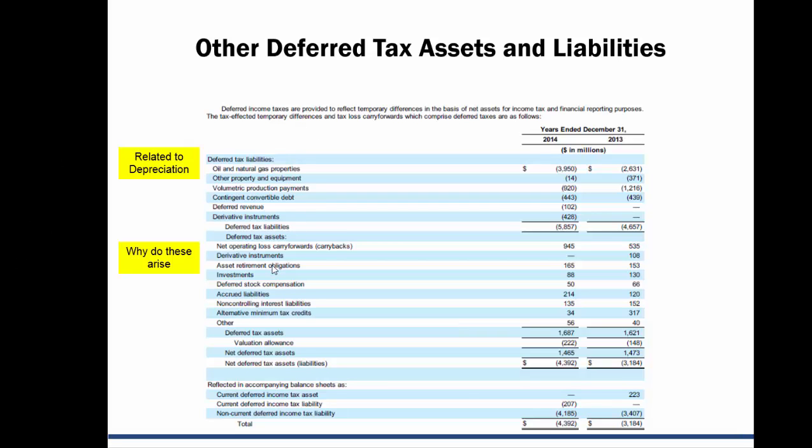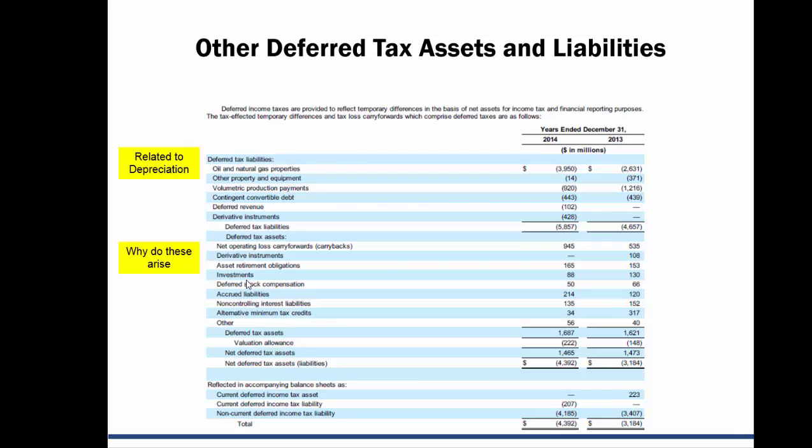I love deferred taxes, don't you? You can look at all these things and try to figure out. Some of these are related to stock compensation. I guess they don't have to pay taxes on their stocks when you pay them in stocks, because you book it as an expense, but they don't have to pay it. This is the biggest one, that's depreciation, and they have related to things like, I hope,